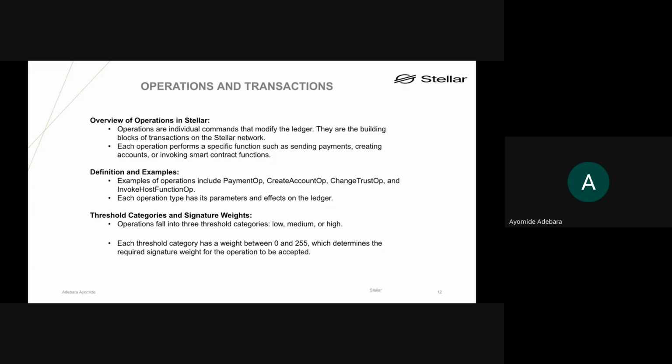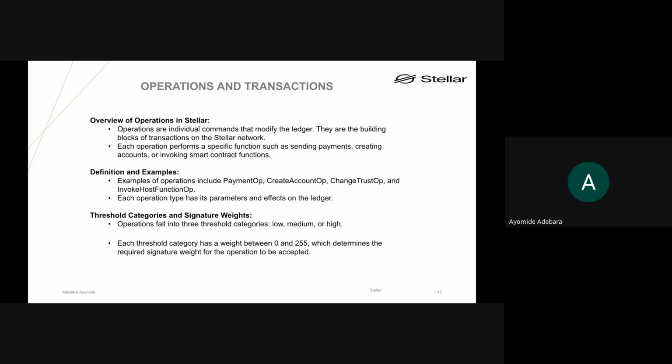Threshold categories and signature weights. Operations actually fall into three threshold categories. We have low operations, medium operations, or high operations. Each of these threshold categories has a weight between 0 and 255, which determines the required signature weight for the operation to be accepted.